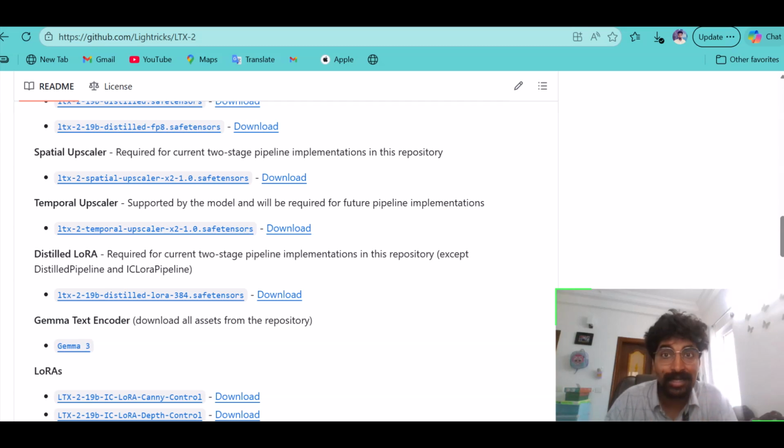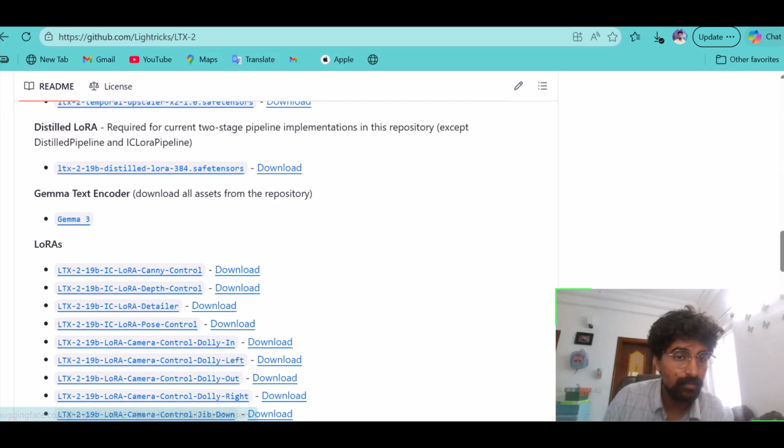Now we'll go to the text encoder. Various text encoders are available, but we are choosing only freely available open source text encoders. Previous versions of LTX used default CLIP and other open source encoders like OpenCLIP. A lot of text encoders are available. But Gemma 3 is another text encoder, and I think it works well. So Gemma 3 is used here, but you can select others that also support